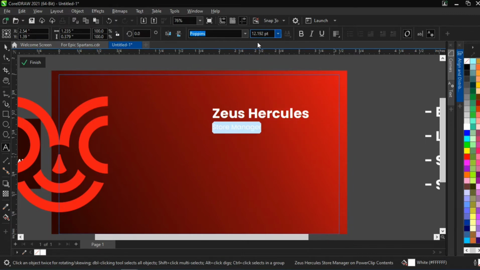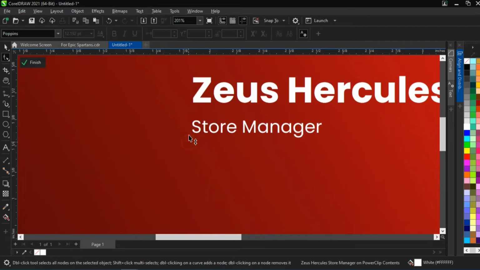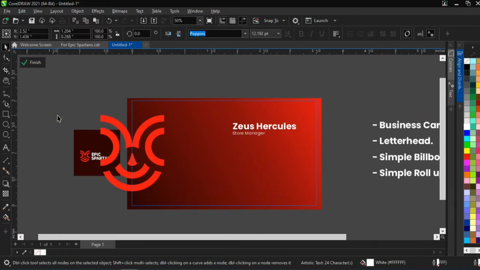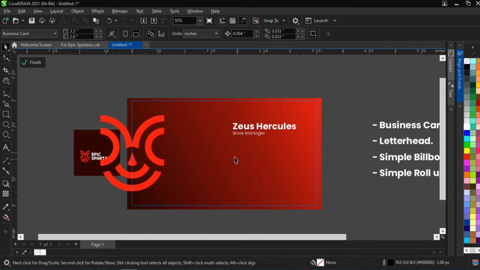I think this is better. Then we are now going to reduce the kerning to give it a bit of space. Okay, I think this is now good. So now, in other news, okay, I think this is okay. So the next thing we are going to do now is,